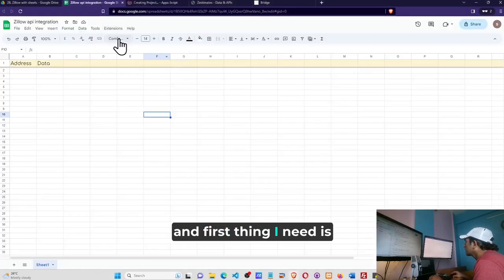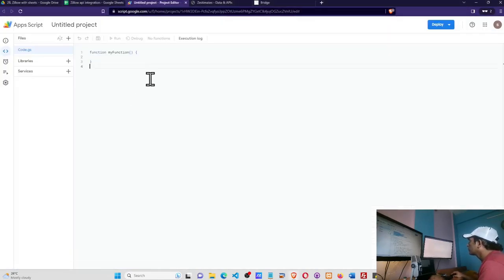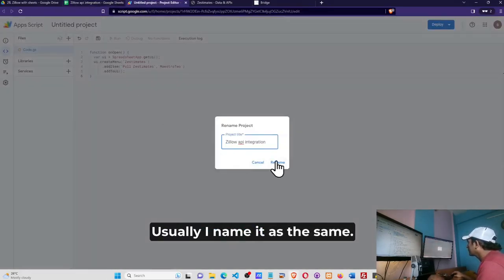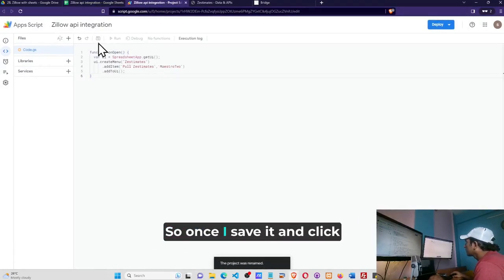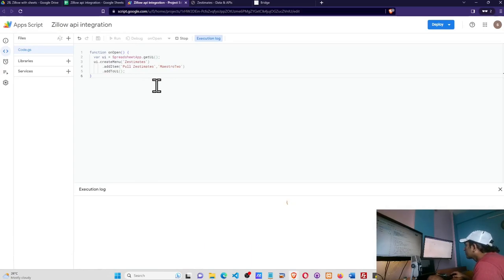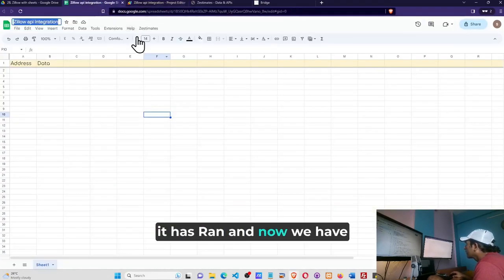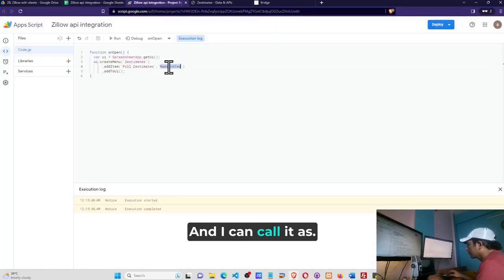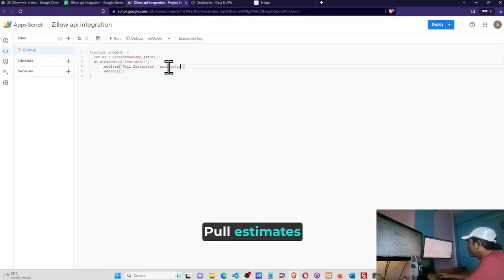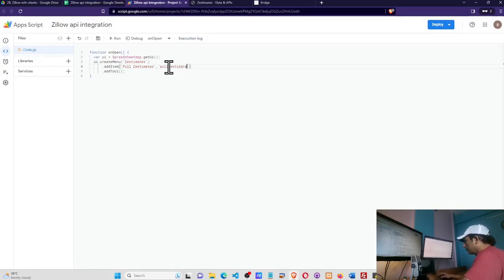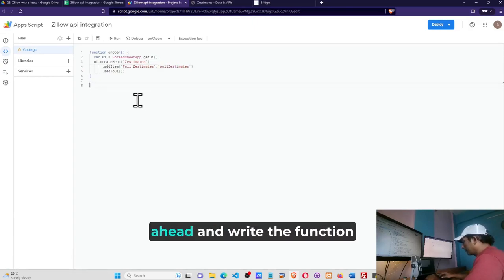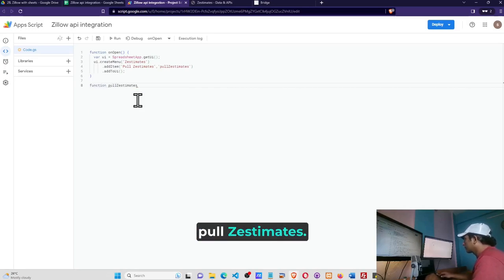and first thing I need is a menu here. So I'll just copy this. Usually I name it the same. Once I save it, I click on the run option. It has run, and now we have pull estimates, right? And I can call it pull estimates as my function name. Now what I will do is go ahead and write the function pullEstimates,